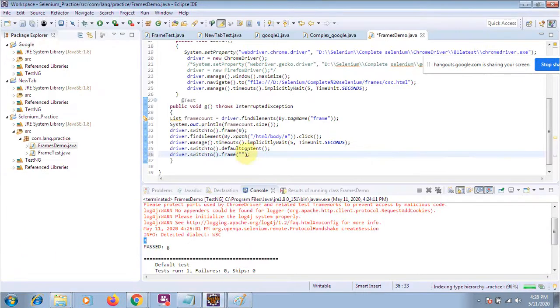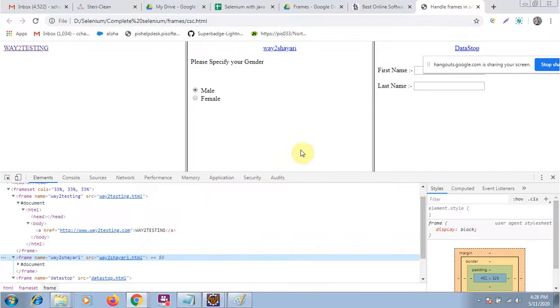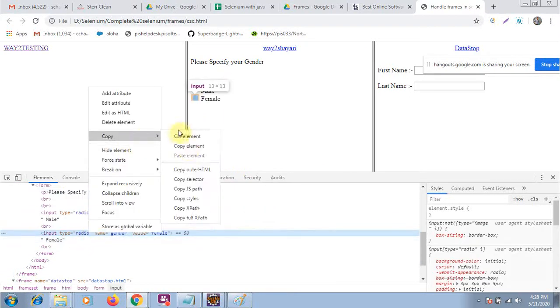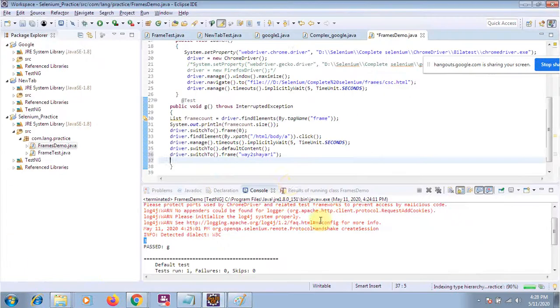For example, after moving to this frame I want to perform some operation, like I want to click on the female radio button. So I will just take the XPath, say driver.find_element by XPath, put the XPath here, and click on it.